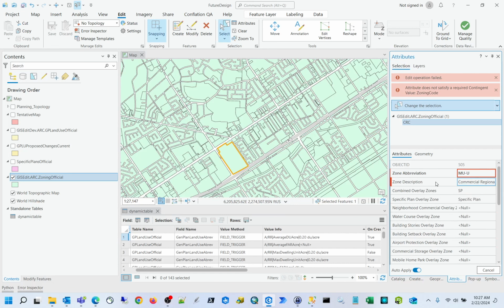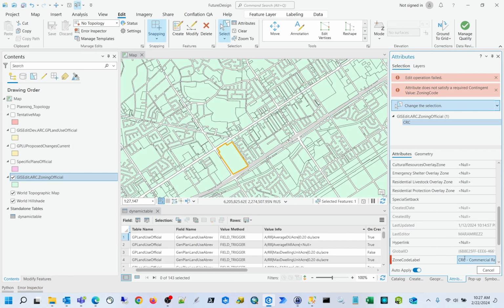Now, if you come in here and you say, okay, let's change these for now. So then I come into zone description and I get a partial match because the description is really just the description, not the value, not the abbreviation. And so the partial match is mixed use urban. So once I click that, it frees up that button. So then I come down here and I go to the label and I just grab MUU,